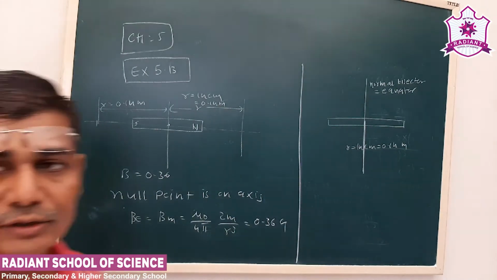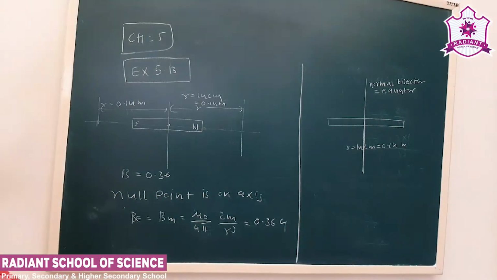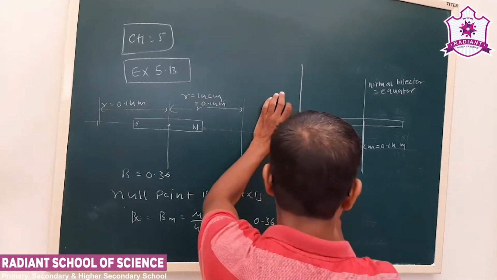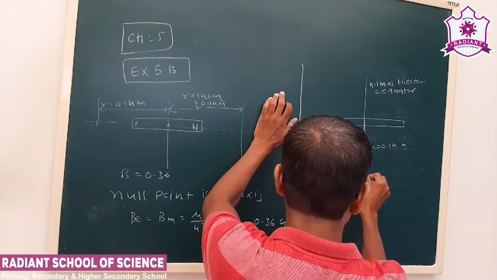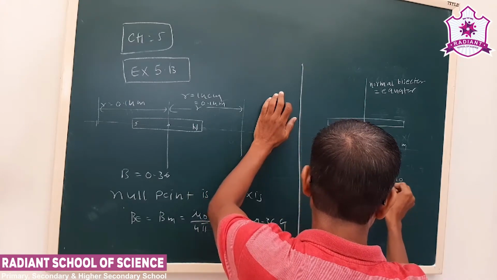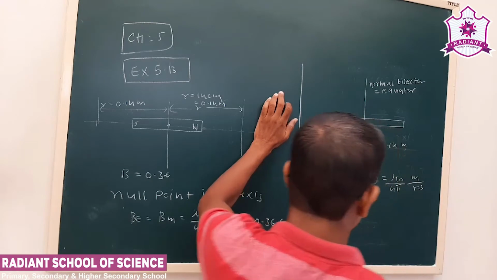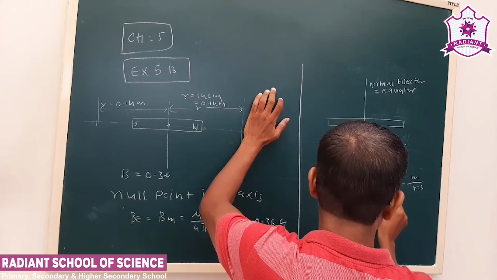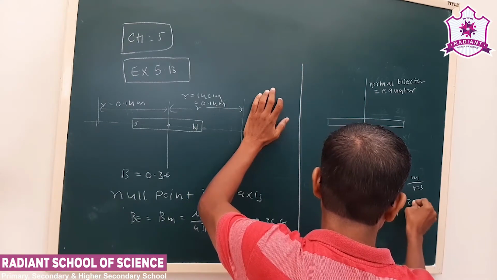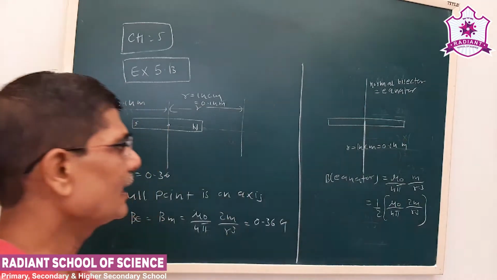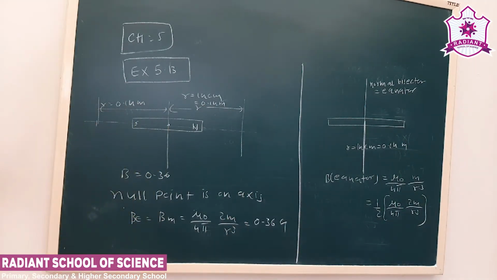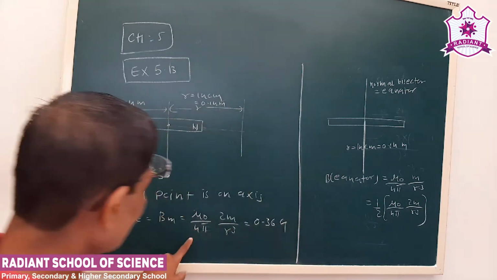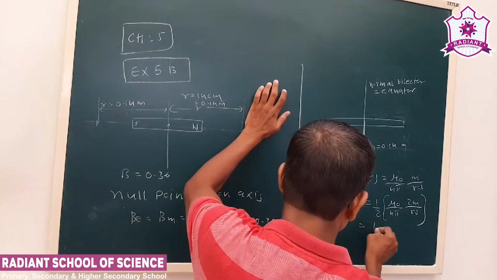But we know that for a given equal distance, the magnetic field on the equator is half of the magnetic field on the axis. Why? On the equator the formula is mu 0 upon 4 pi m upon r cube, while here it is 2m upon r cube. So this we can write as 1 upon 2 mu 0 upon 4 pi. Here r is also the same. So the value mu 0 upon 4 pi 2m upon r cube is known to us.